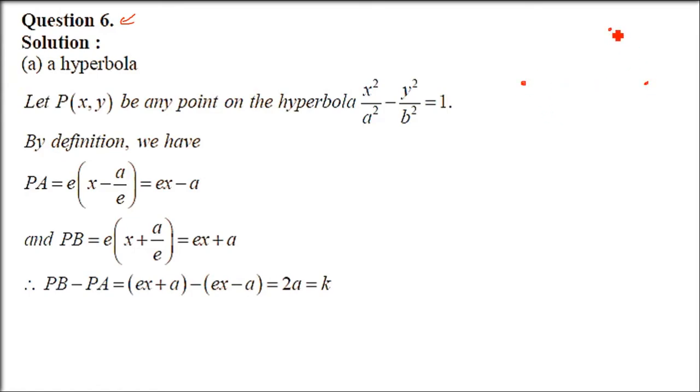Okay. Now there is a point which is moving such that its distance from two fixed points is always constant. So what is that figure or shape? And we know that this is the definition of hyperbola only. That is PB minus PA, where A and B are the fixed points, which are the foci, and it is going to be constant, and we know that it is 2A.